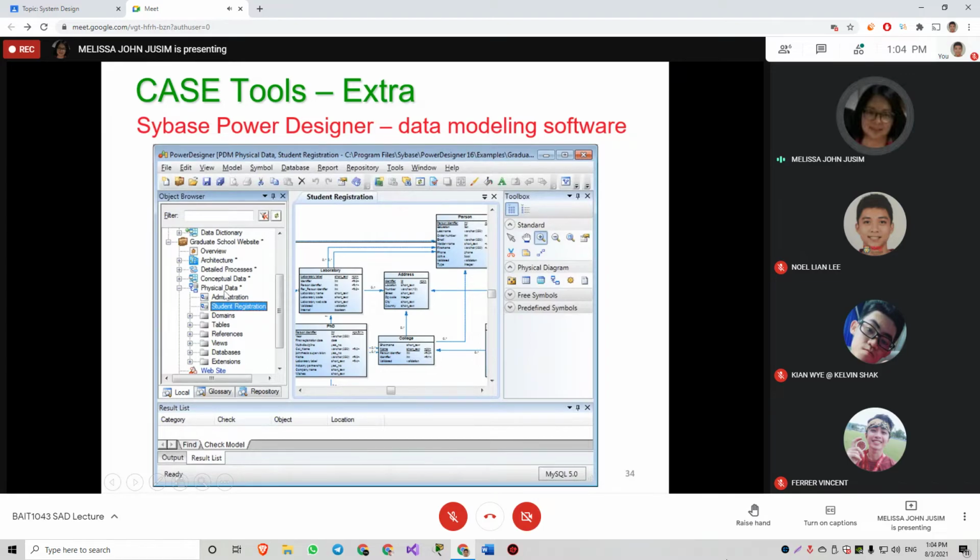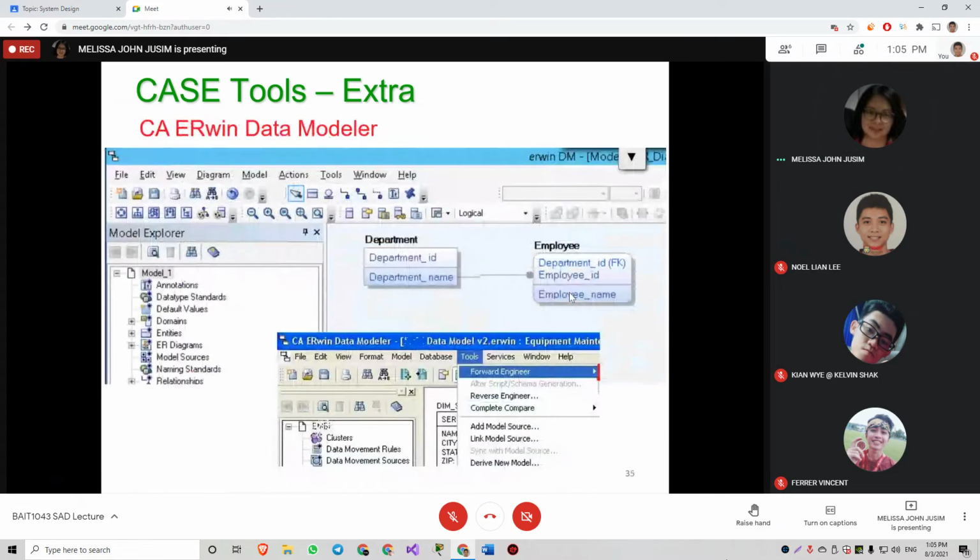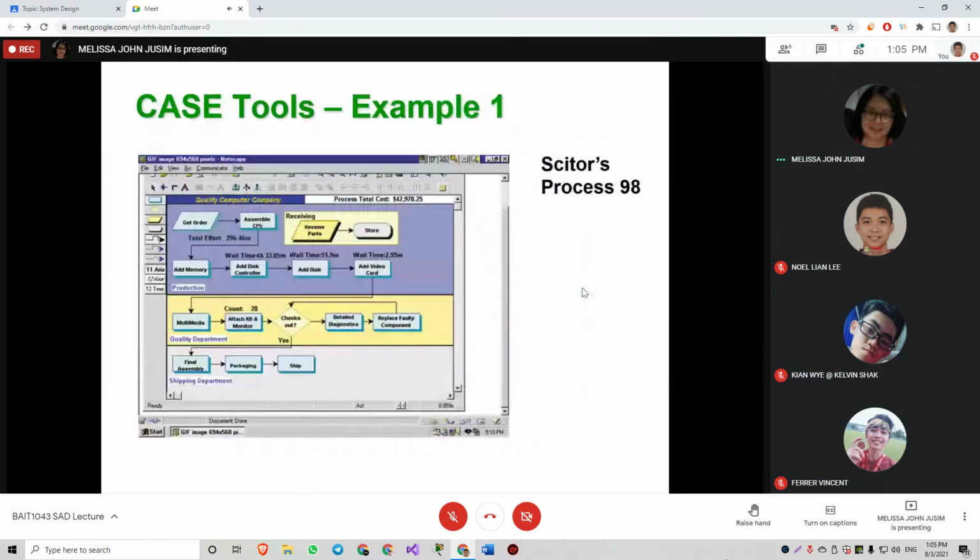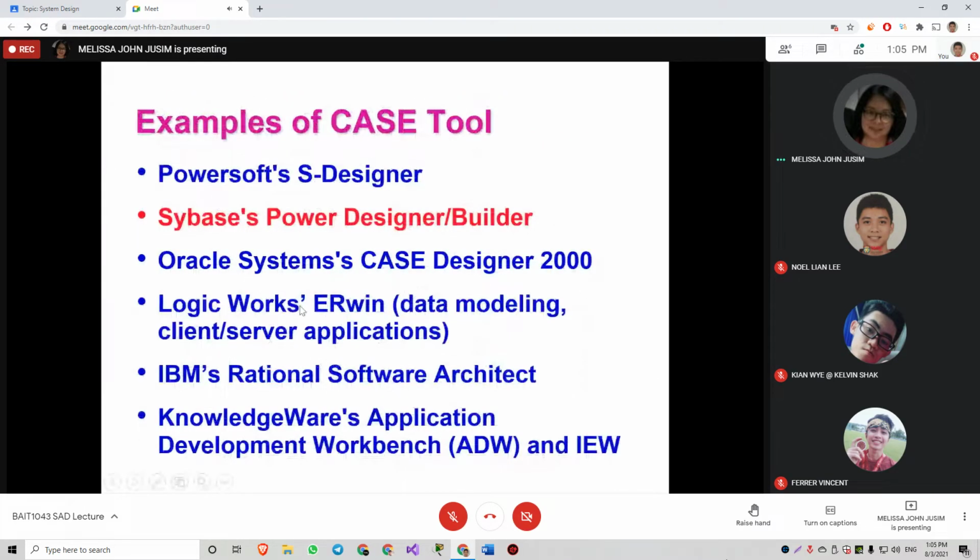You can see there are tables here, databases and so on. Look at the tools here. Normally these are tools that are easier for us to use: click, drag and drop. Another extra is the Erwin Data Modeler, also used for data modeling.